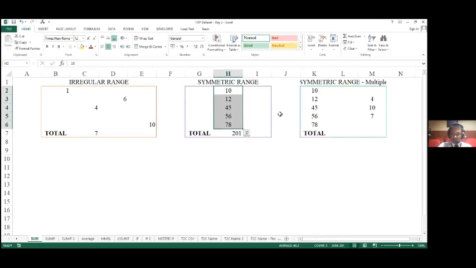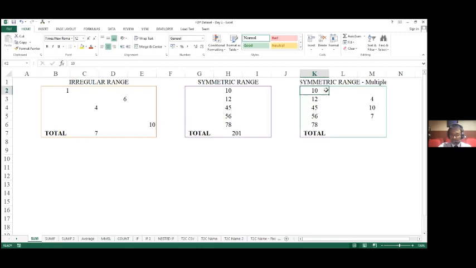Now let us move on to the next box, mentioned within the green box. I have a symmetrical range, but it is multiple series. I have one set of numbers in the K column and another set of numbers in the M column.